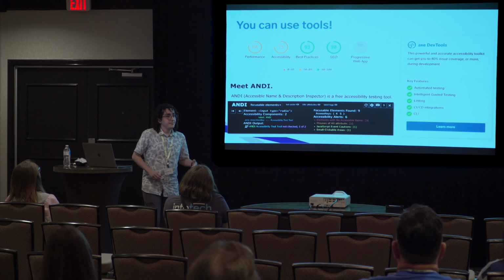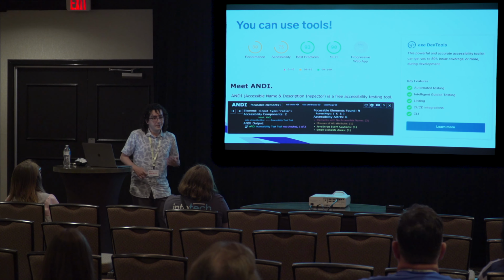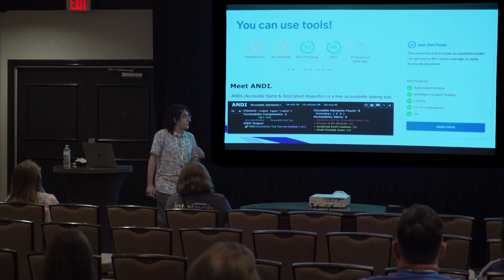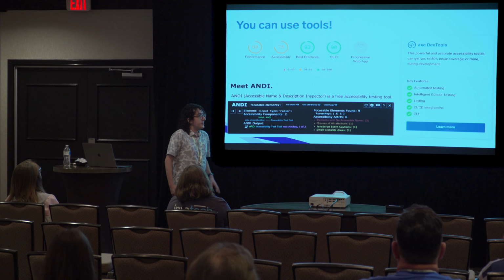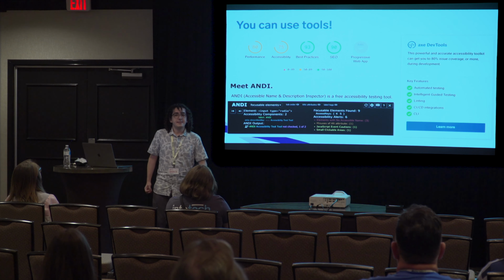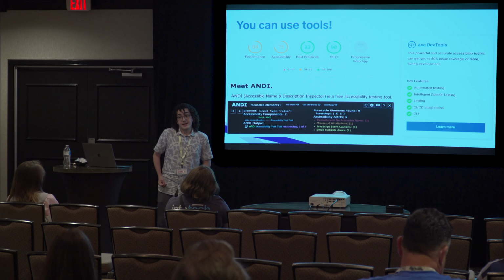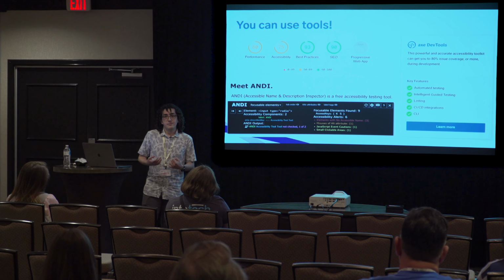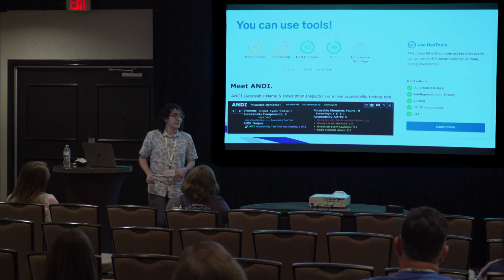And also, it does bear mentioning that while tools can't solve all your problems, they are really useful in the process of actually doing accessibility. This is just a small selection of things that I've personally used in my time so far. Google Lighthouse is not really an accessibility tool, but it's really easy to integrate into our CI/CD pipelines, so we can have that automated testing as we go. And yeah, it's not going to catch even the majority of issues that our site might have, but it's going to give us a framework to ensure that our commits and our releases are accessible as they go out, instead of going back and fixing them later.